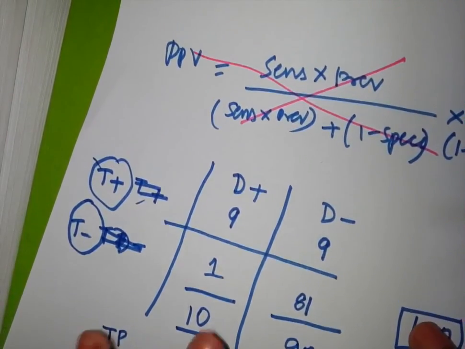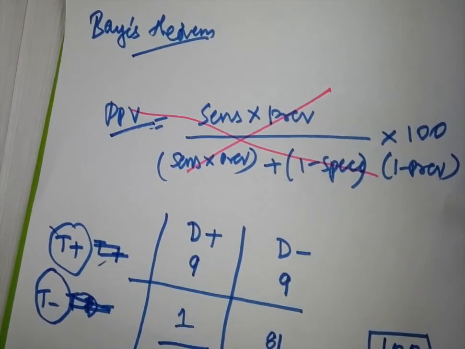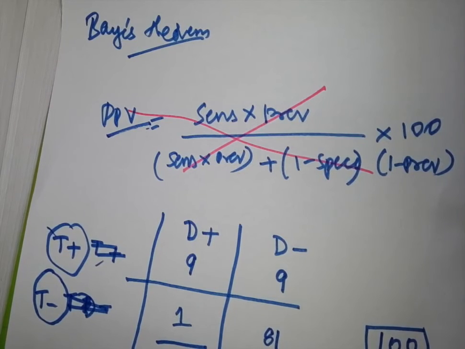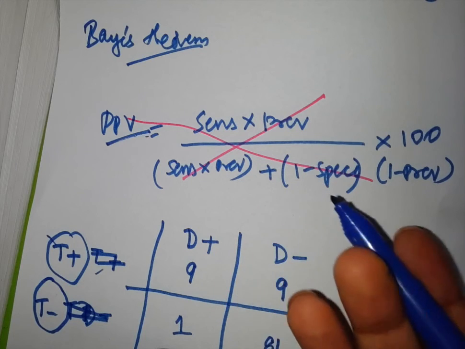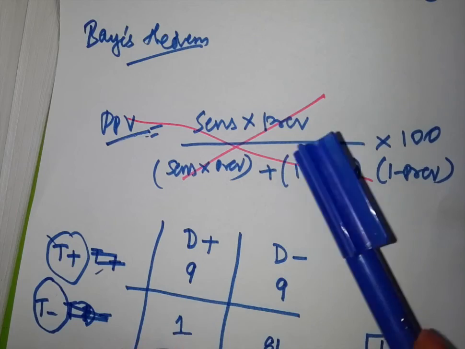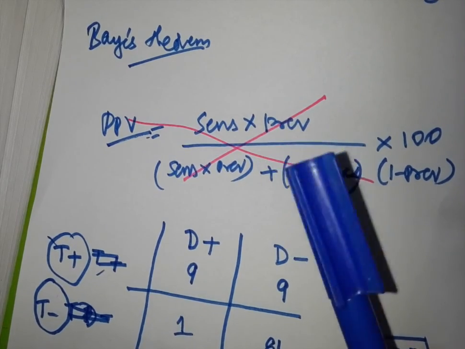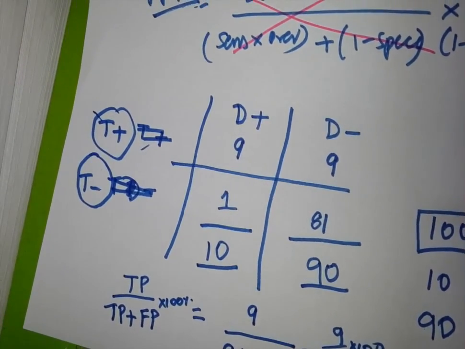Unfortunately, there may be a question on what is the formula to calculate positive predictive value. I think these kinds of questions will be very rare in your exams. But anyways, we have to give credit to Bayes' theorem. So with all due respect, we will see if we can manage this formula. Just see it one day before the exam. I think that should do. But when it comes to calculation, I think this is the easiest method. Let me know if you know any other method as well.